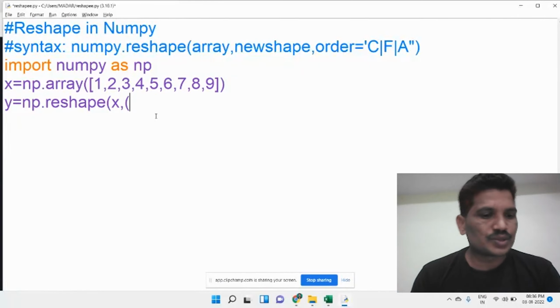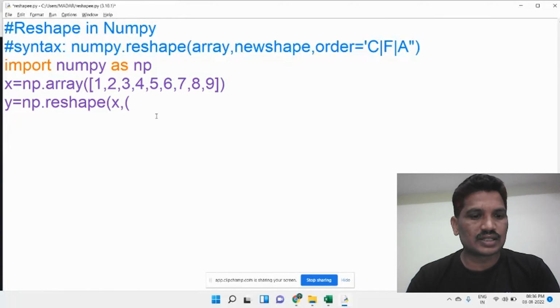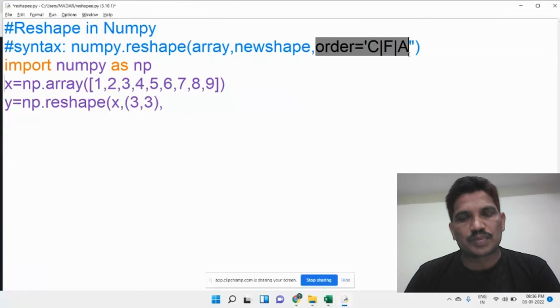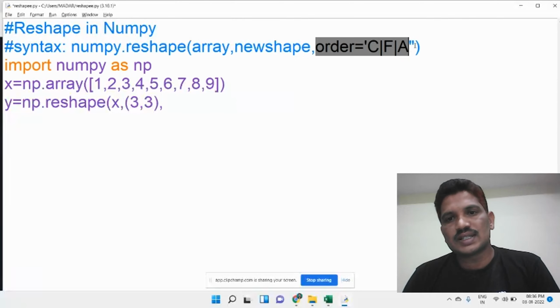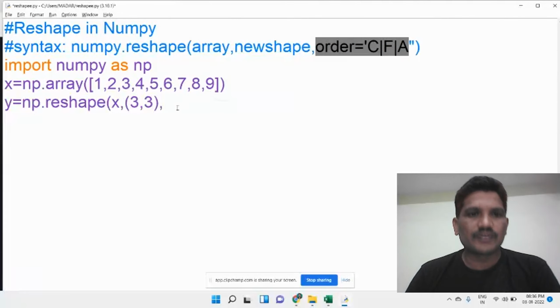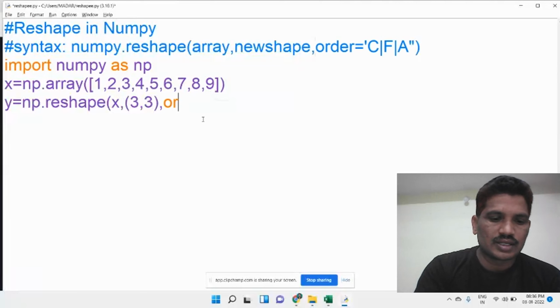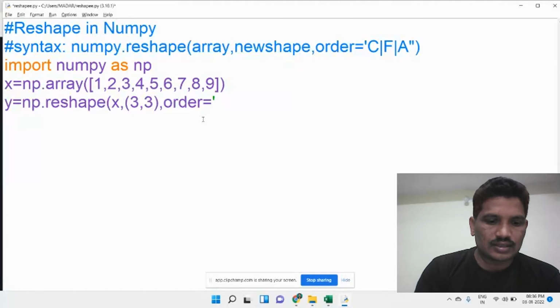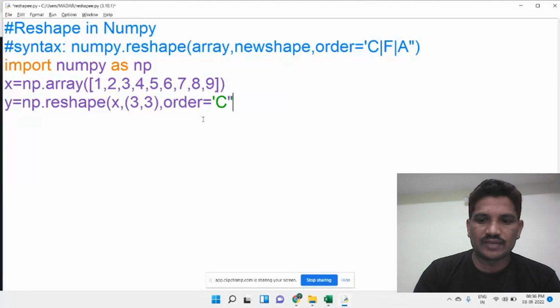The new shape is 3 rows and 3 columns. The third argument is optional. The order is optional; by default it is C-like indexing. If you want to use it, you can, there is no problem: order equal to C, which is the default.